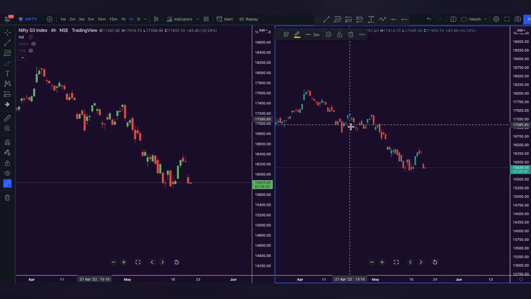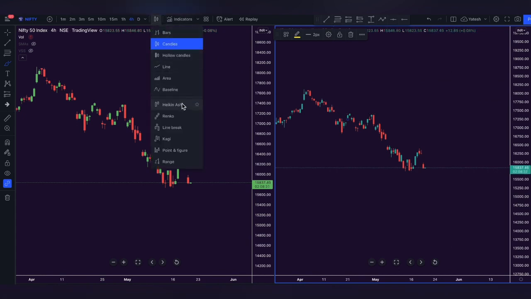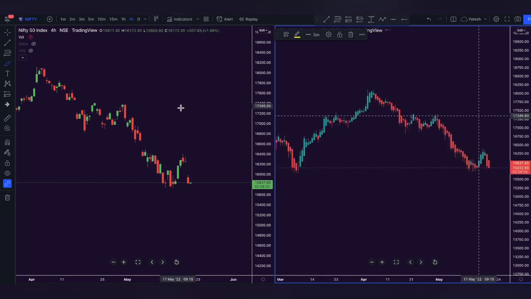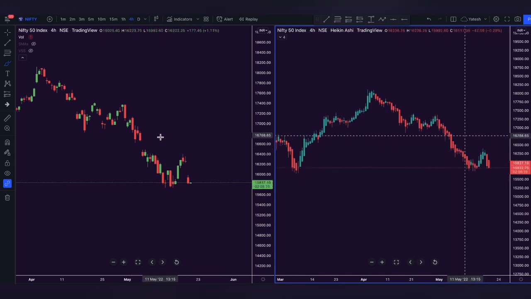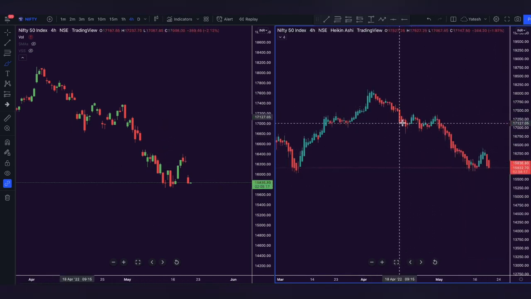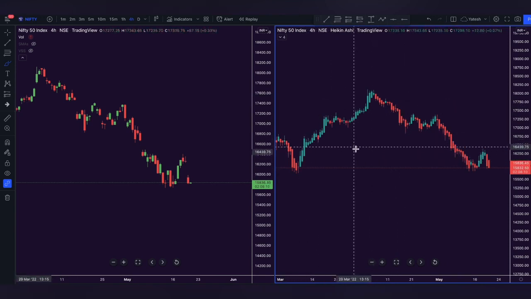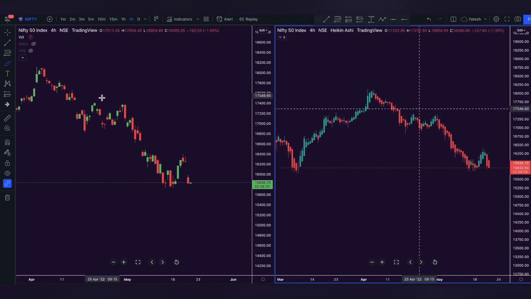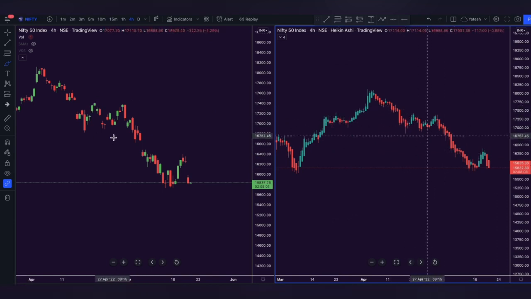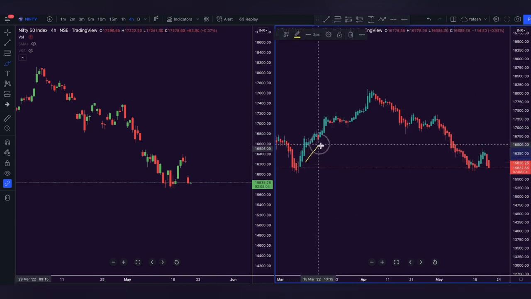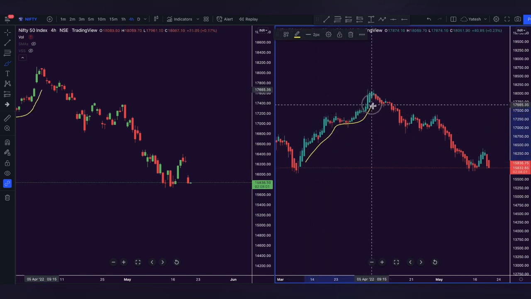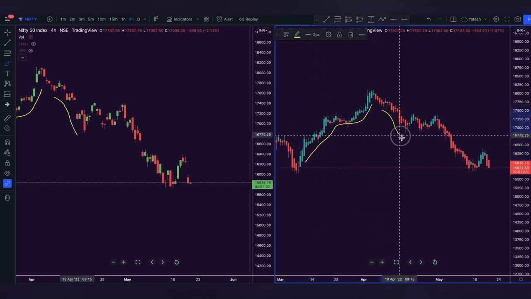So on the right side chart, what I will do is I will go here to candlestick section. Here I will choose Heikin Ashi. Now can you see there is a very big difference between this chart and this chart? The chart which is there on the right side looks more smoother than the chart on the left side. Correct? Here you can see continuous green candles which shows a bullish signal, and after this it clearly is showing